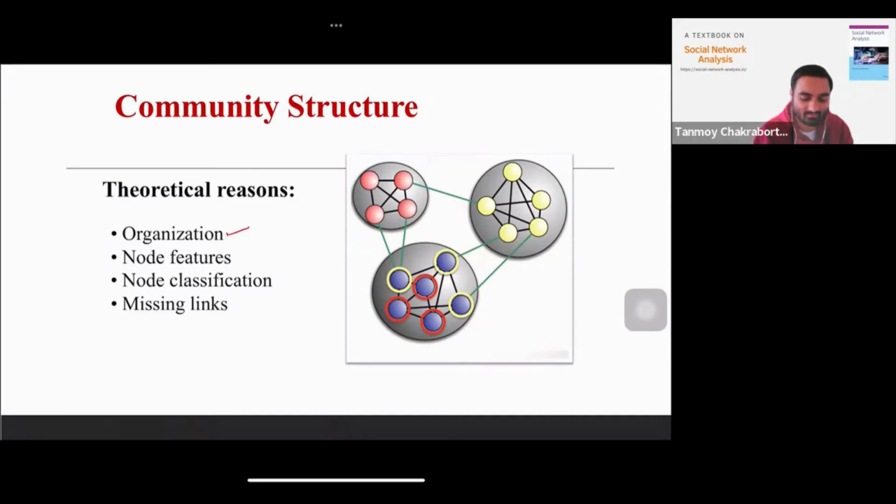For example, take a university network, where nodes are individuals, and if two individuals talk to each other quite frequently, you can create an edge between them. So this is the network structure: a person-person interaction network of an organization,